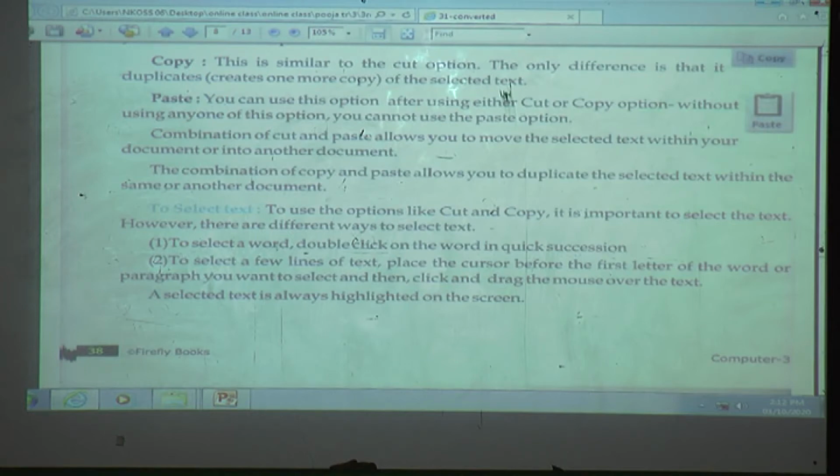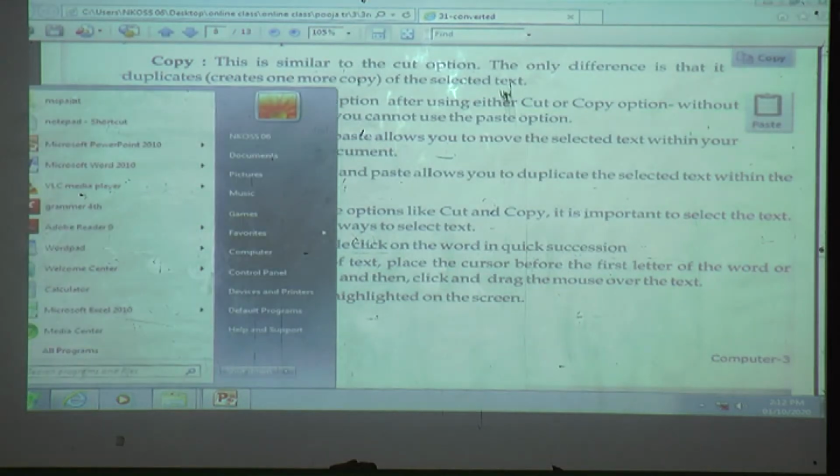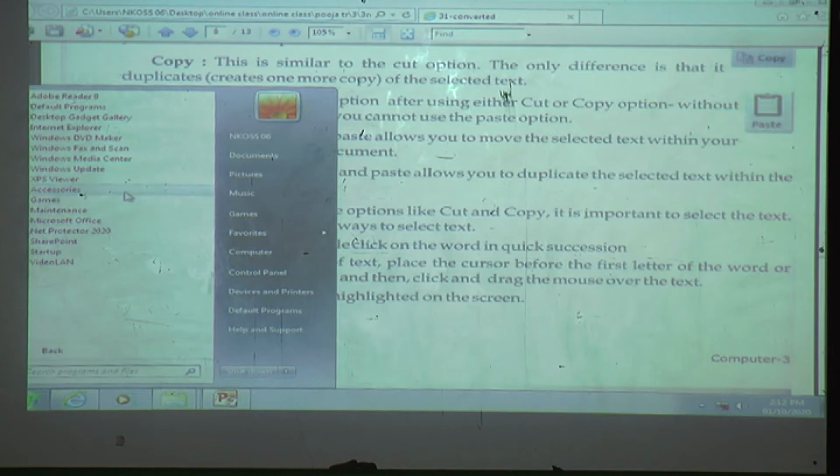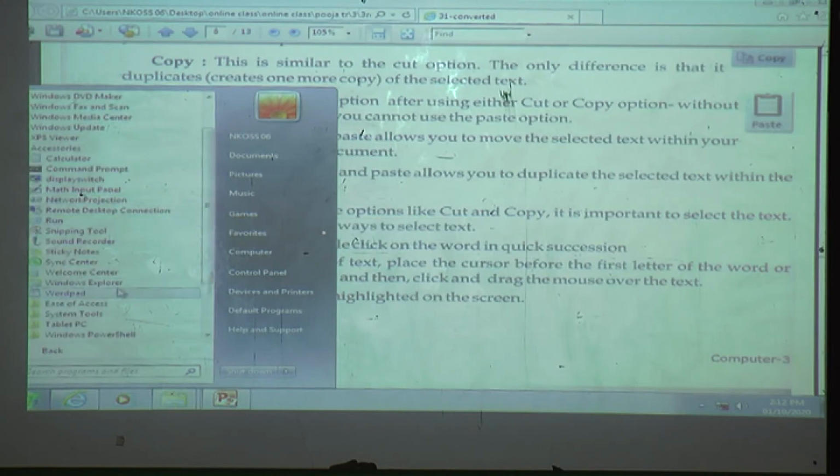To select a word, double click on the word. In Quick Session, we will see here. Start, all programs, then accessories and then WordPad. These are two words.